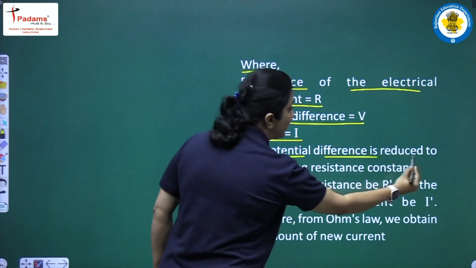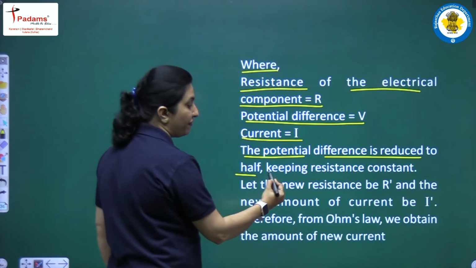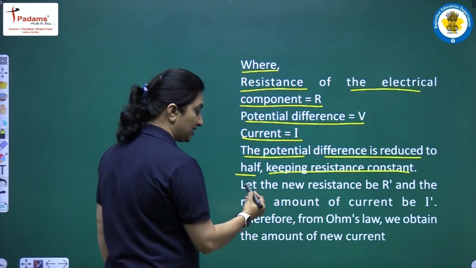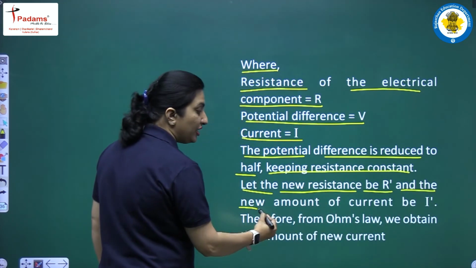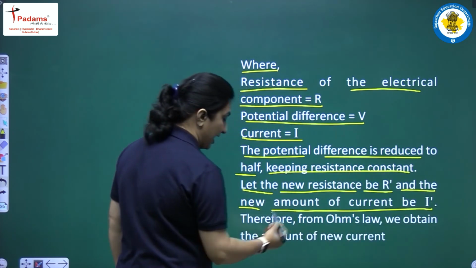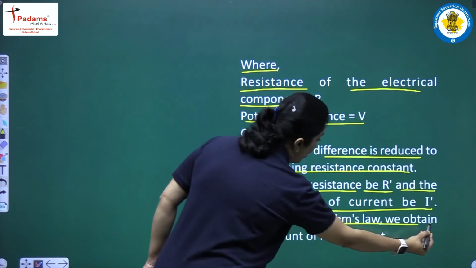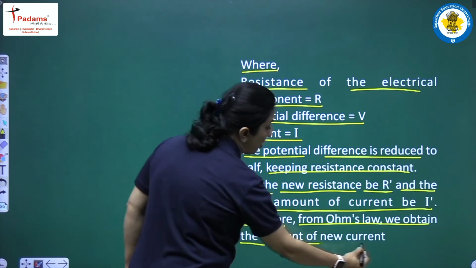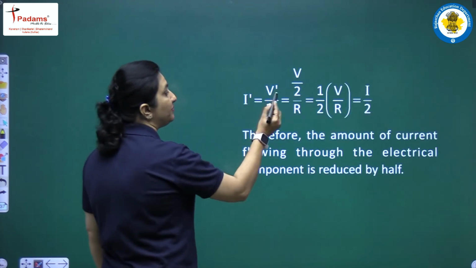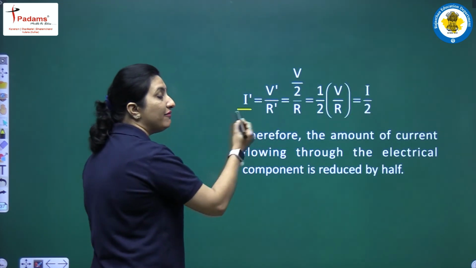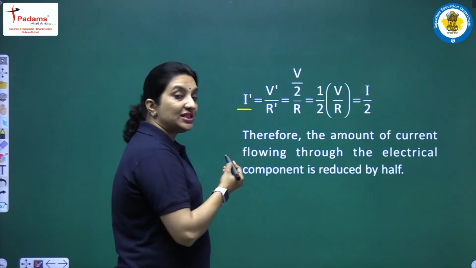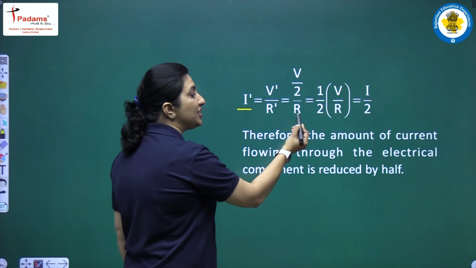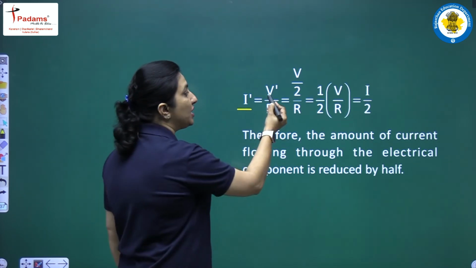The potential difference is reduced to half, keeping resistance constant. So let the new resistance be R dash and the new amount of current be I dash. Therefore, from Ohm's law, we obtain the amount of new current. So the new current will be given by V dash upon R dash. Now since the resistance hasn't changed, in place of R dash we have written R, and the potential has